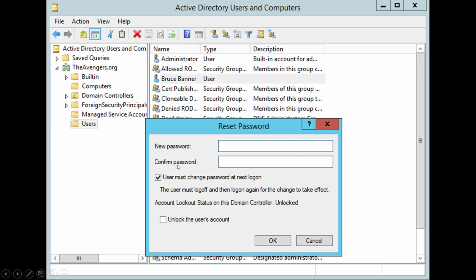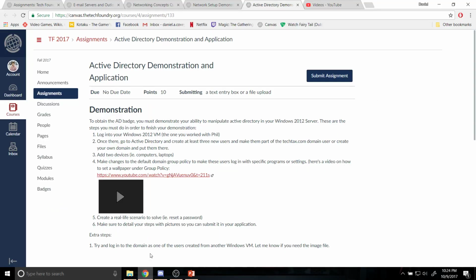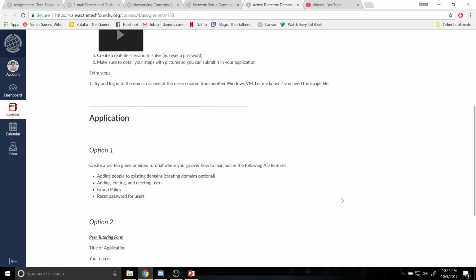You can type in a new password, you confirm it, and then again you can give the user the option to change it on their next login. And you just hit OK, and it took effect. And yep, that is, I think, all that was required. Let's see, went over adding people, editing them, group policies, and reset passwords. So, yep,